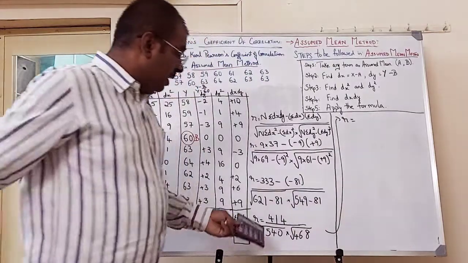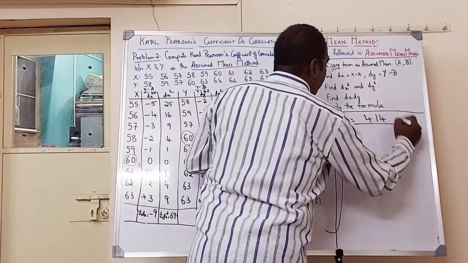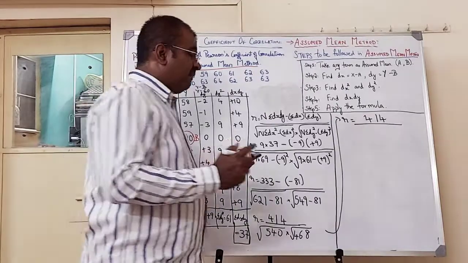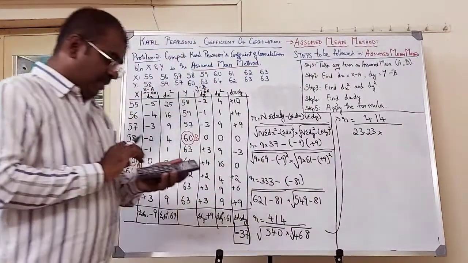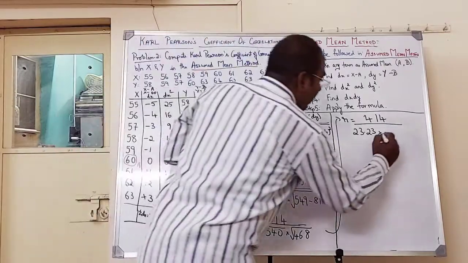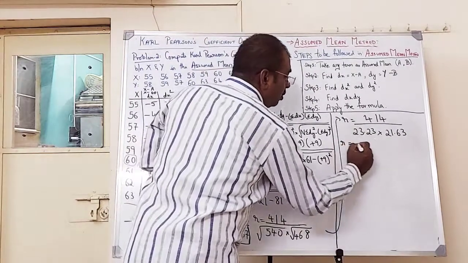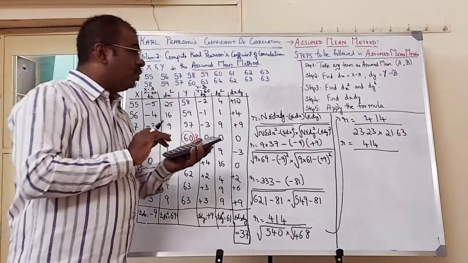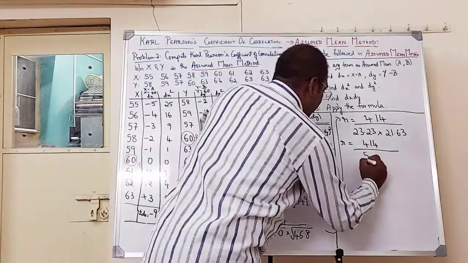R is equal to, the numerator is 414, divided by square root of 540. Square root of 540 is 23.23, into, next, the square root of 468, it is 21.63. So R is equal to 414 divided by 23.23 into 21.63. So value of R is